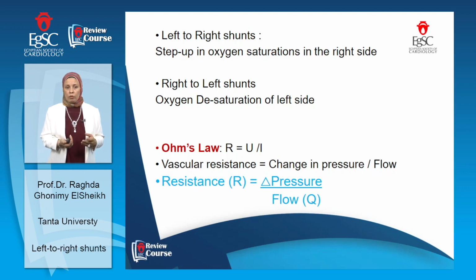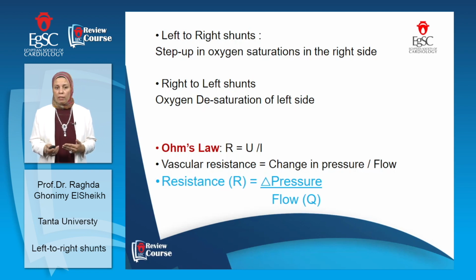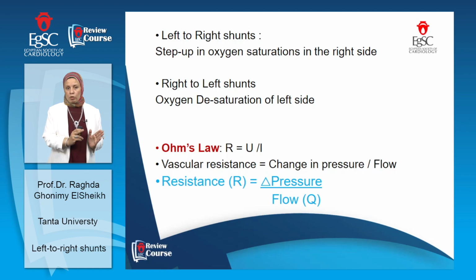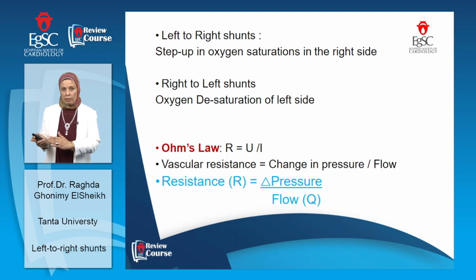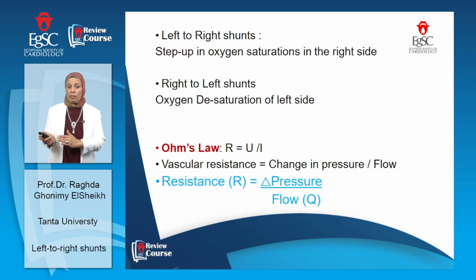In the right to left shunt, there will be oxygen desaturation in the left side. What's the meaning of desaturation? It means the deoxygenated blood of the right circulation is mixed with the oxygenated blood in the left side, causing this desaturation. So, after recalculating the systemic flow and the pulmonary flow and taking our samples